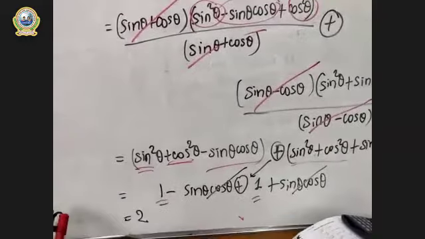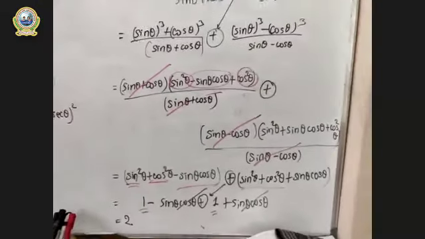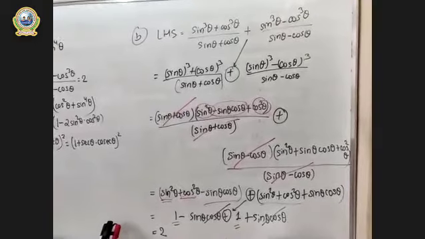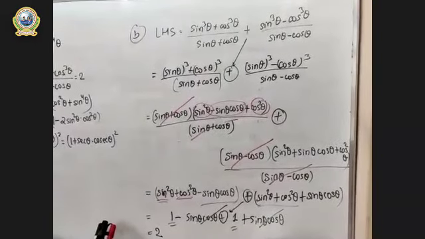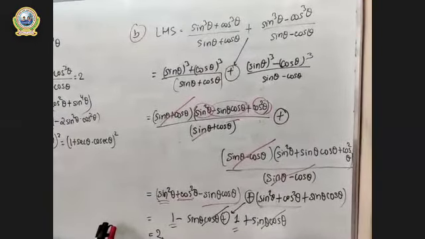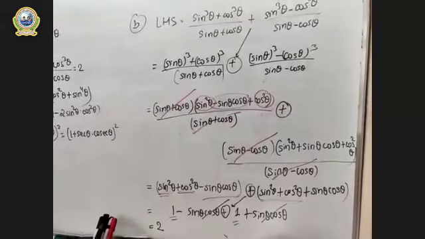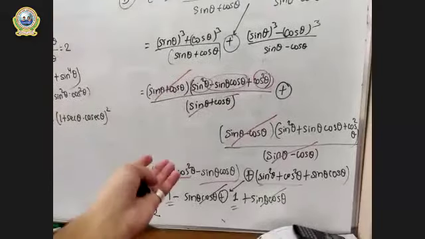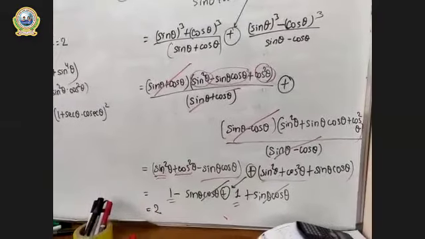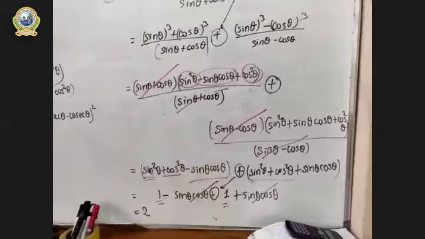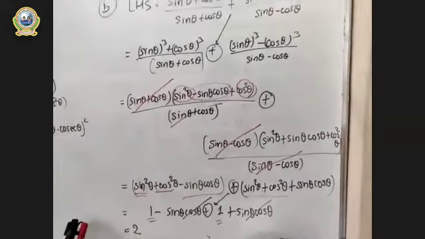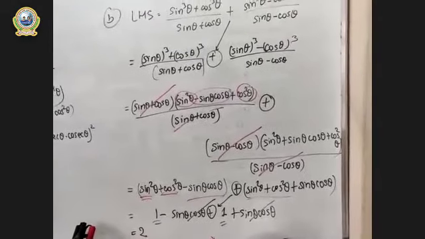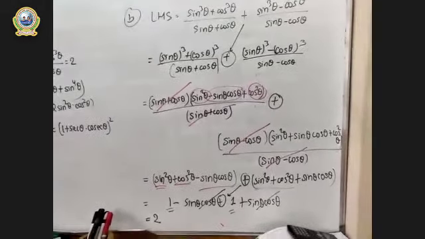I think our right hand side was 2, right? So look at the question from the beginning part. Look at here. It was AQ plus BQ format and AQ minus BQ format. We just used the formula, right? And we cancelled the numerator and denominator. And then we added both expressions by arranging it in the formula form. And we wrote sine square plus cos square as 1. And we cancelled the negative and positive terms. Now finally we get 1 plus 1 is equal to 2.